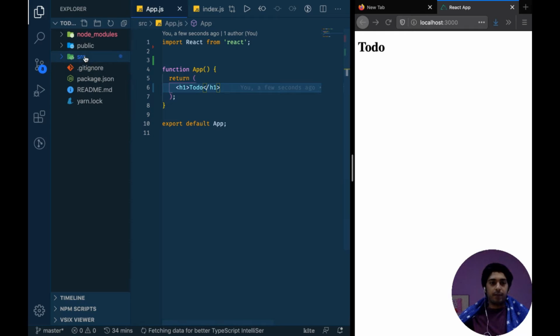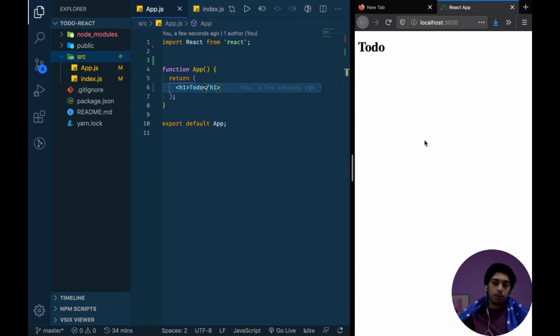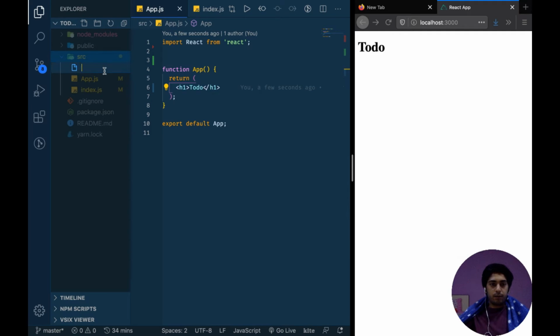Now, I think we'll need two things. One would be your header component, second would be your to-do list, and third would be your to-do component. So, yeah, sorry, not two, we need three things. So first we're gonna look into making a, what do I call it? Input component